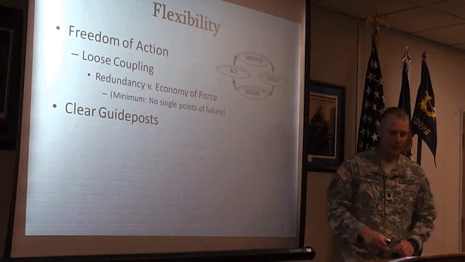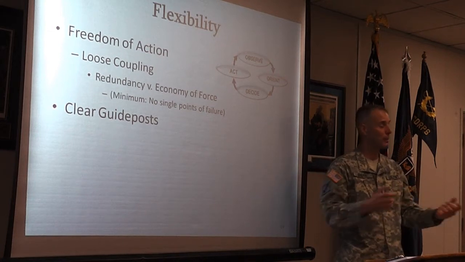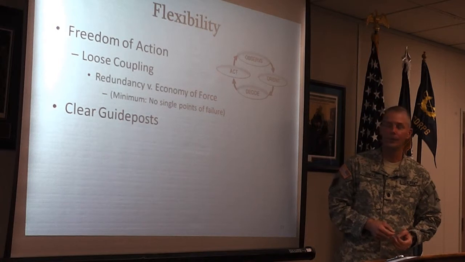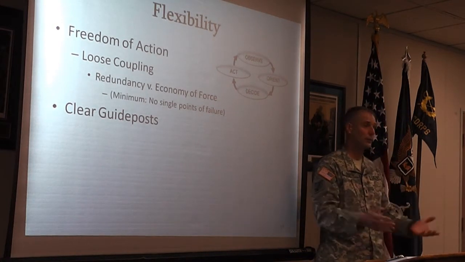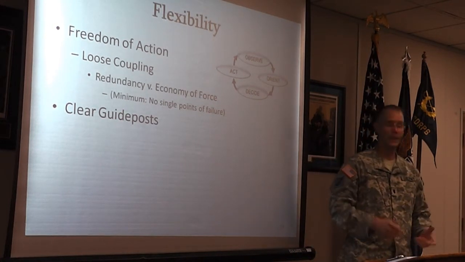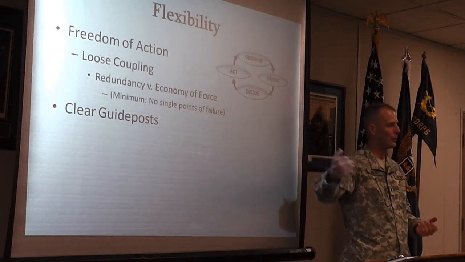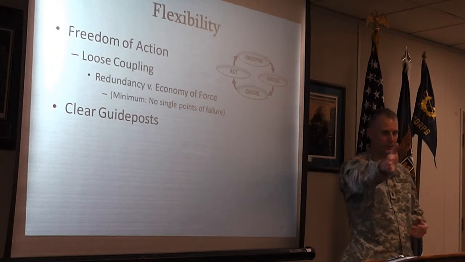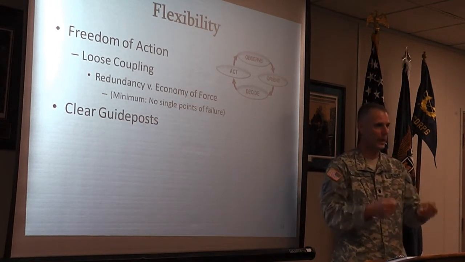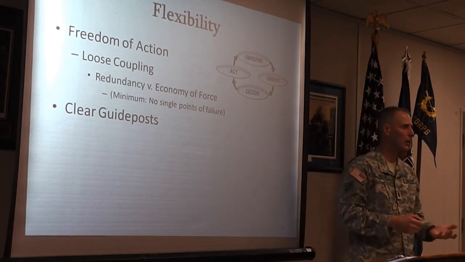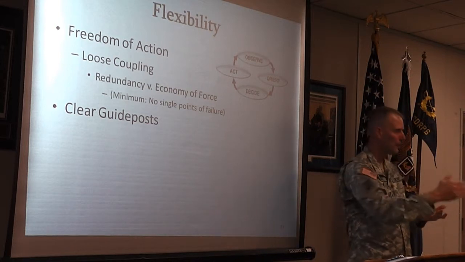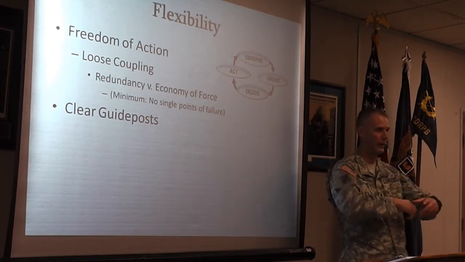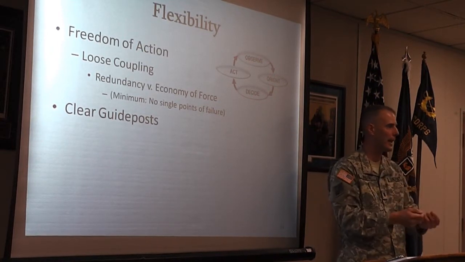Second, you have clear guideposts along the way. So you know my plan could come off the rails at any given point. There's things that will blindside me at some point. But what do you do if you're driving down the highway? We're in Central Texas. Everything's flat. There's not too many trees. You miss your exit, but there's a water tower right next to where you're trying to go. You just get off of the next exit, and you just kind of dead reckon until you get near that water tower. If you have guideposts like that in your plan, something goes wrong, it's like, all right, I just got to kind of get events back here. You're very flexible, and you know exactly where you're going at any point. You don't have to reorient on the whole situation because you've got a guidepost.